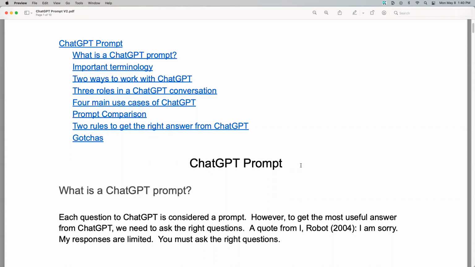Today, I'm going to talk about ChatGPT prompt. Before I do that, I'm going to give an overview of ChatGPT and some of the terminology, and also go through two ways to work with ChatGPT. And inside a ChatGPT conversation, the three major roles in a ChatGPT conversation, and